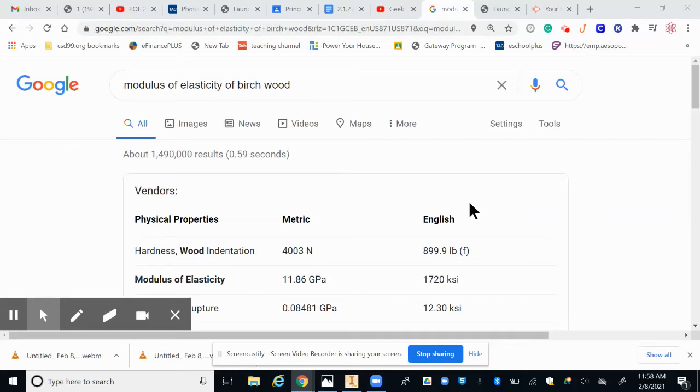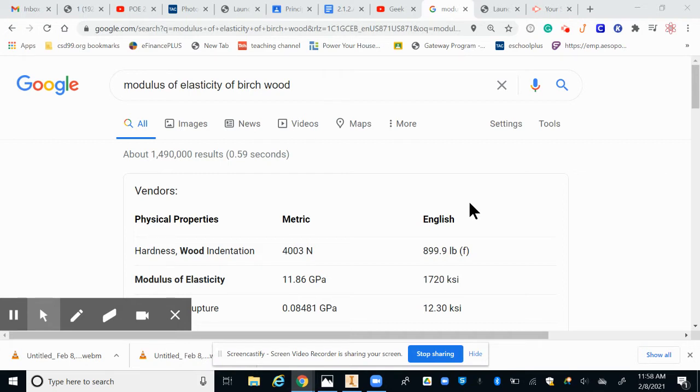All right, what you'll see in front of you is the modulus of elasticity for birch wood. What I talked about in class was that modulus of elasticity has to do with the strength of a beam based on the material. These numbers have already been calculated, and you can go to Google, just like I did here, and figure out that number based on what material you're using. So we're going to use the number that I found here, which is the 1,720